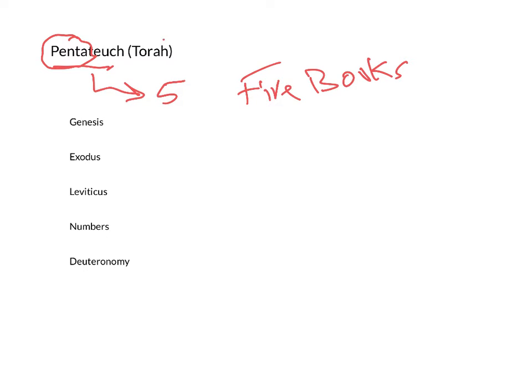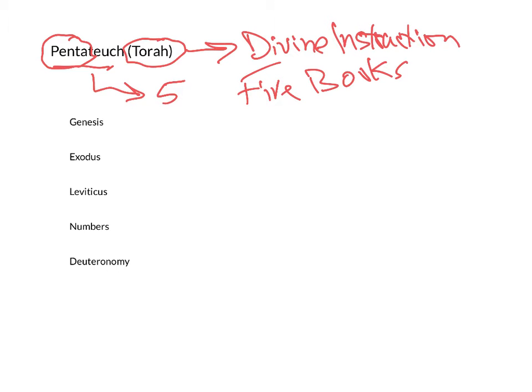The Jews usually refer to them as Torah, which quite literally means the divine instruction. So they see the first five books, the Pentateuch, as kind of a unique divine instruction that contains really, really, really pivotal, basic, important stuff. And these five books are generally acknowledged to have been written by Moses. There's dispute about that, of course. There's dispute about almost everything. But generally speaking, these books have a Mosaic origin.